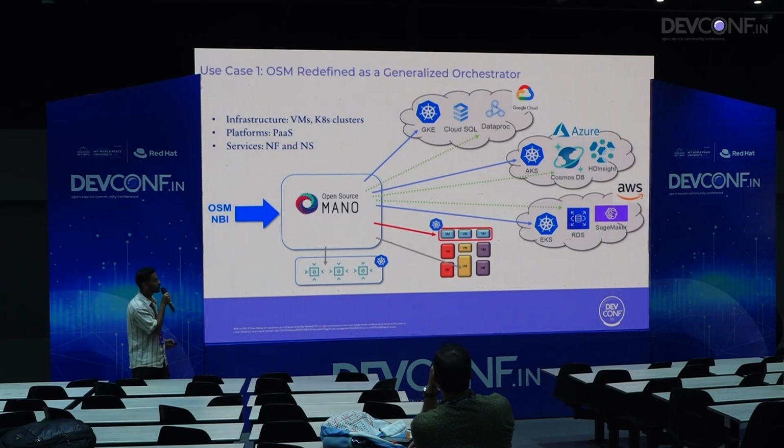As you can see, Open Source Mano contacts GKE for creating Google Kubernetes Engine clusters, and AKS for Azure. So you can choose your own provider. It provides you vendor neutrality because Crossplane has providers for all three major clouds and some other smaller players also, like DigitalOcean and Civo. And this is one of the use cases.